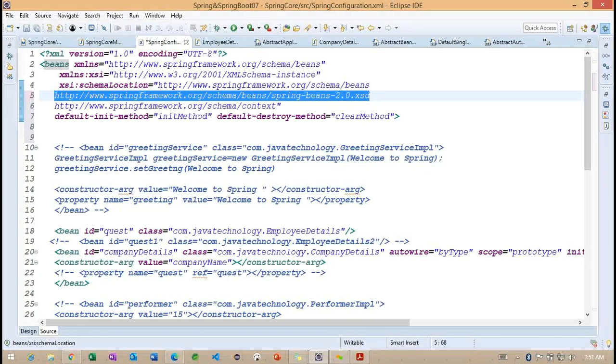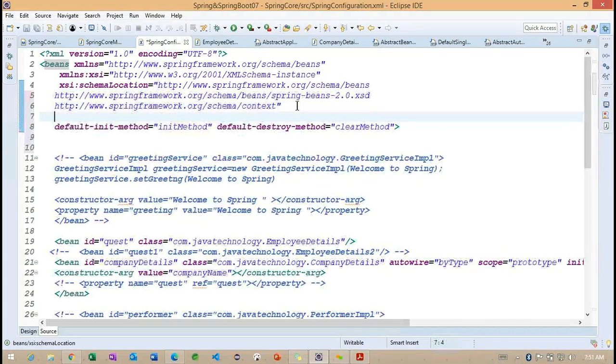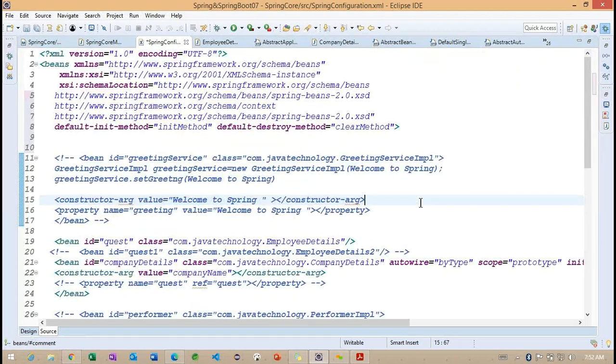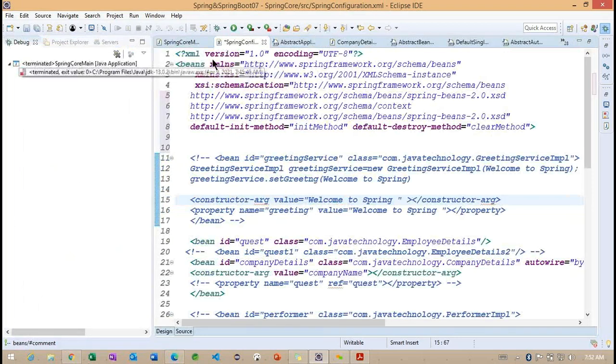If I clear this, you cannot understand what we discussed in the previous example, so because of this, I am commenting out these sections. This example we can work on in one more configuration file, so let me clear.